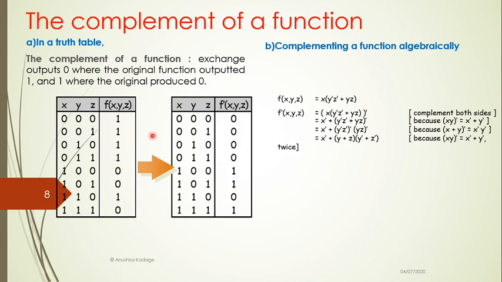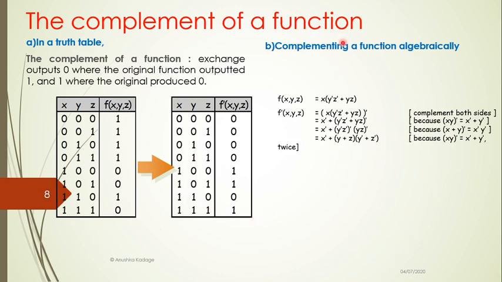So here the truth table function is very easy, where you can see that originally for the upper four terms the output was 1, whereas in the complement form of that function it has been replaced by 0. Now for the next two terms the output was 0, and that has been replaced by its complement, 1. Again it was 1, that has been replaced by 0, and 0 has been replaced by 1 finally. This is how by using a truth table, simply by replacing 1 with 0 and 0 with 1, we can get the complement.